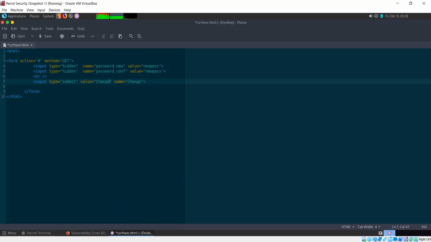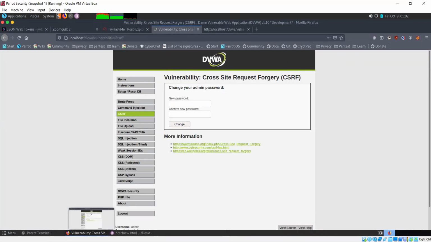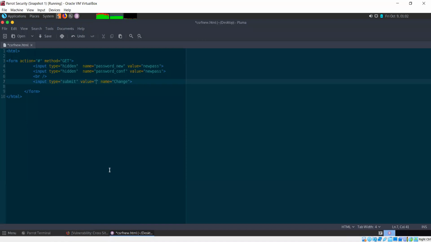I'll simply say value is equal to, now I could enter anything here that might lure the user to click this button, or I could simply post this as a free landing page.